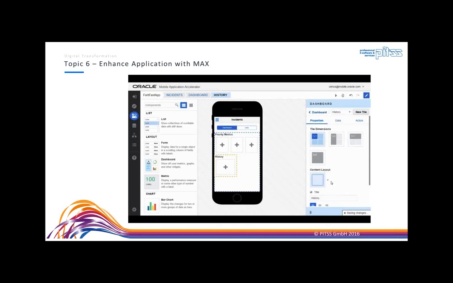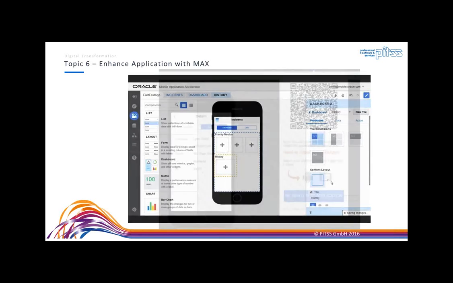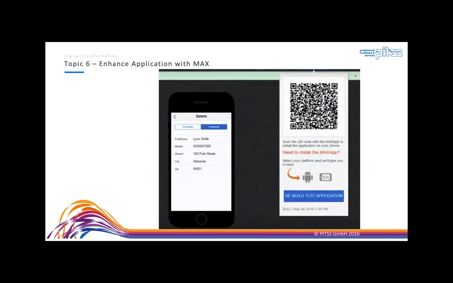And the most fancy thing out of that, and I was very astonished when I saw it in a live demo last year, is you can download that application on every device by only providing those QR codes to your clients. So when they have the mobile MAX app locally downloaded from the App Store or Google Play Store, you only have to provide those QR codes to your customers, and they can run your application very easily. Very fancy. So you see there are a couple of functionalities round about those cloud services, which are very easy to use and give a very, very big